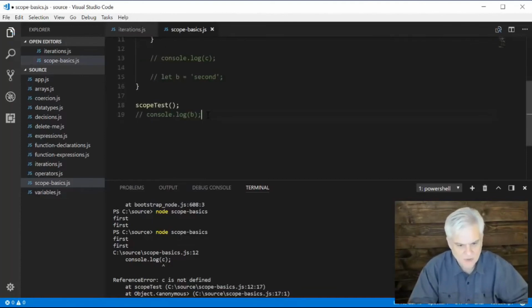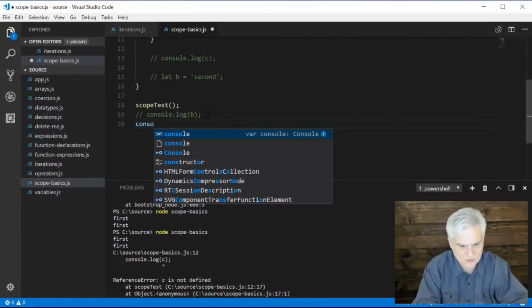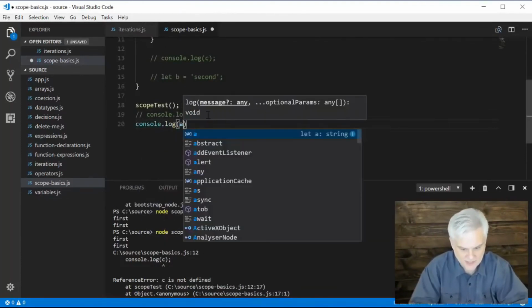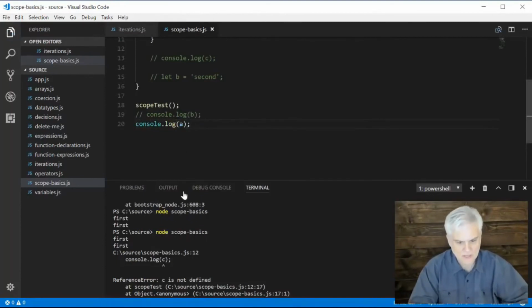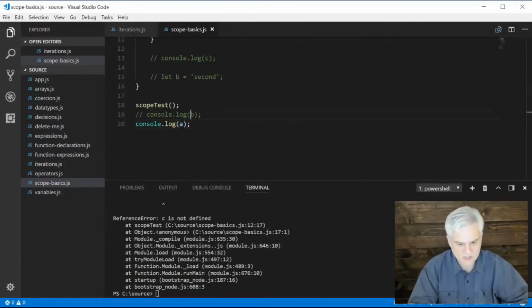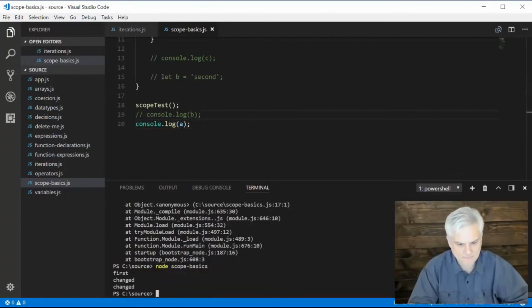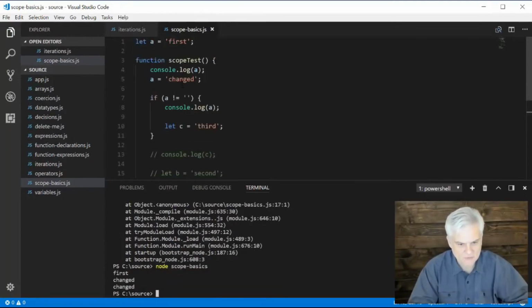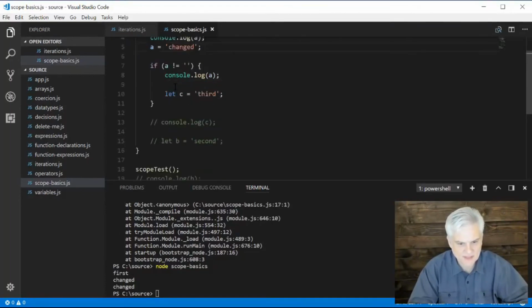And then I'm going to reference it here, console.log a. And so now let's run our application one more time. All right, so the first time that it's run, this first console.log, it will be the value first, but then we change the value and we log it again, and that's where the second changed